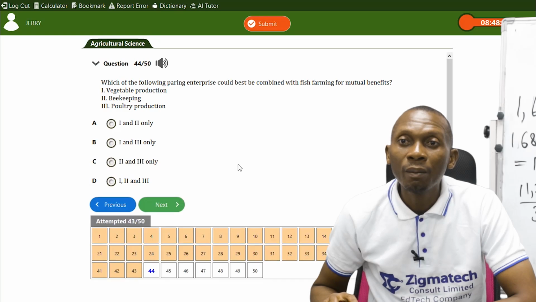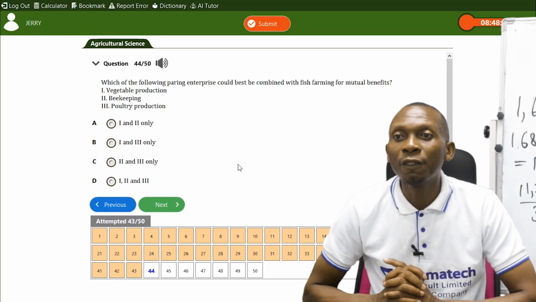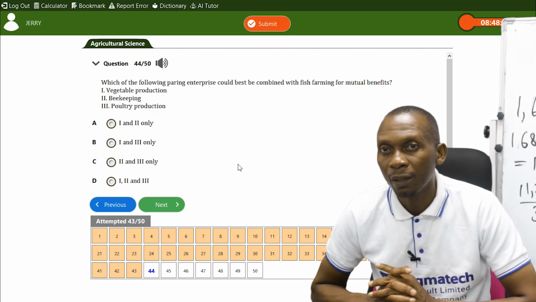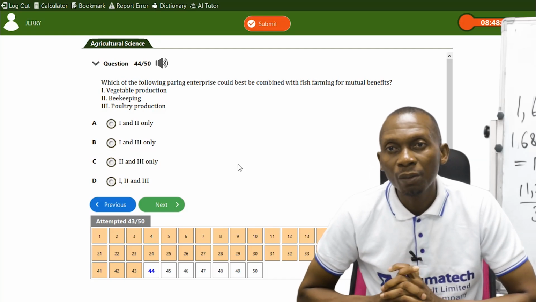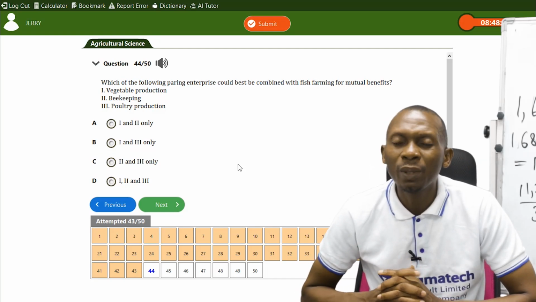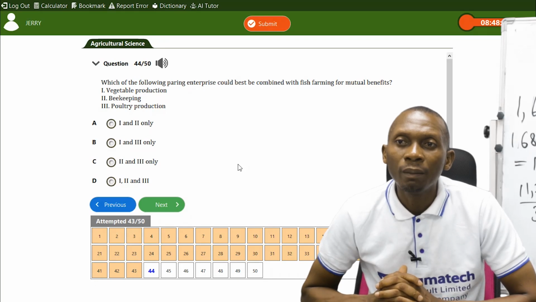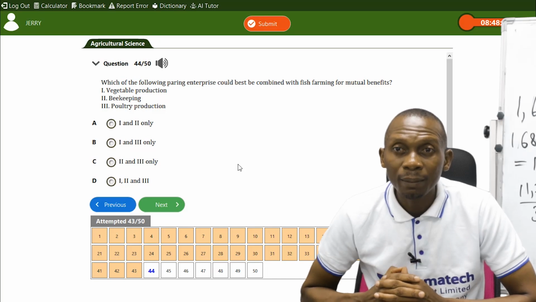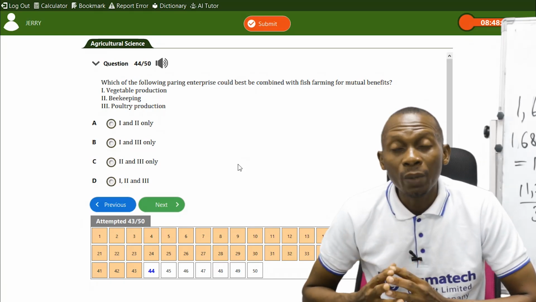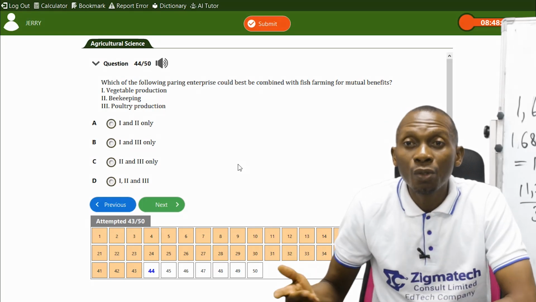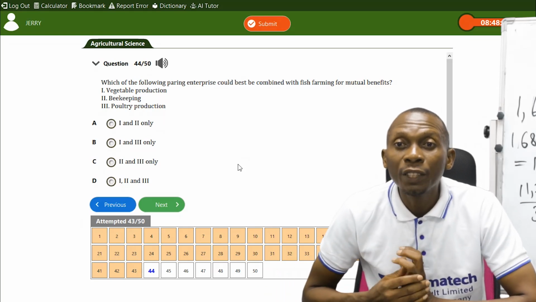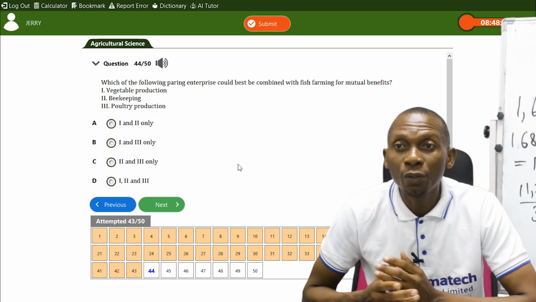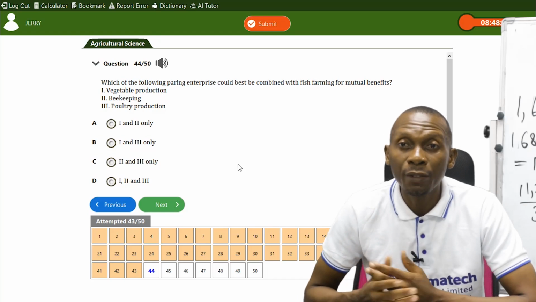Which of the following pairing enterprise could be combined with fish farming for mutual benefits? They have vegetable production, beekeeping, poultry production. And when it comes to fish farming, vegetable production can be combined because when you drain your ponds, the water can be used to water our vegetables, and of course fish feces are also in the water, which can add nutrients to the